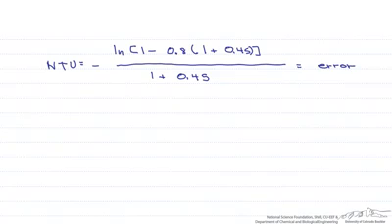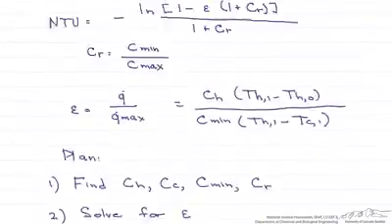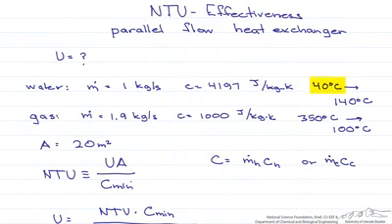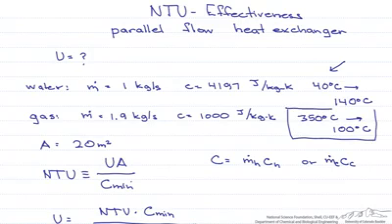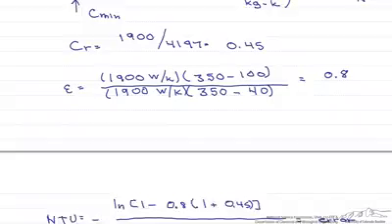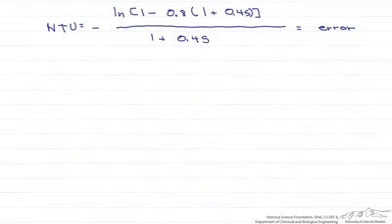So physically, using a parallel flow concentric heat exchanger, you cannot take water that comes in at 40 degrees C and have the gas cool down from 350 degrees to 100 degrees C. So instead, let's change some of the numbers, and change one in particular. Let's say that the gas, instead of exiting at 100 degrees C, we're going to have it exit at